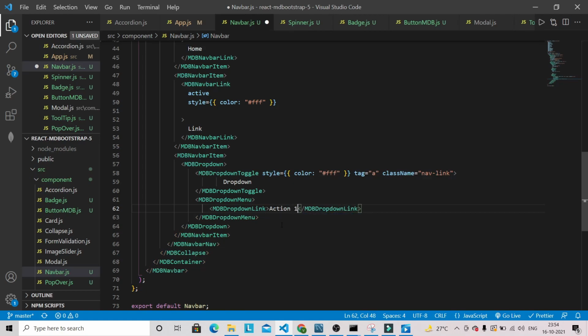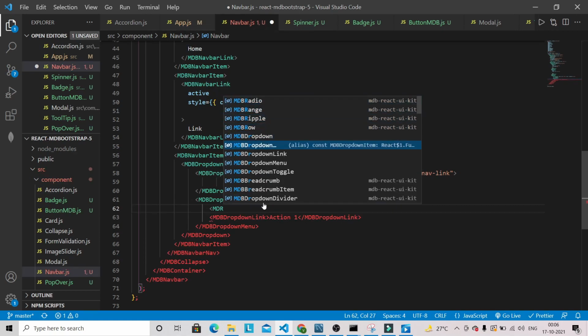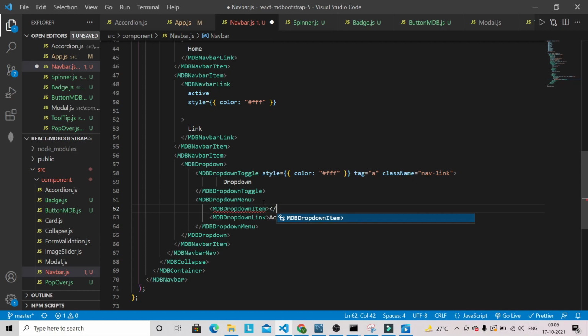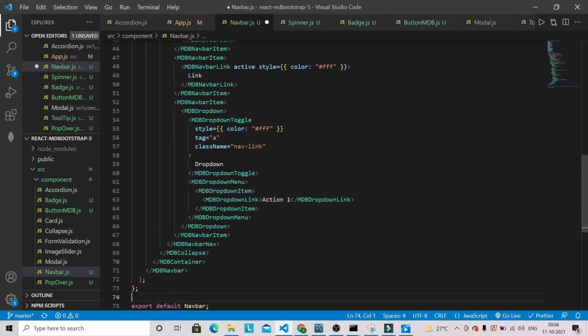So I'm just going to copy this one, and this MDB dropdown link will be wrapped into the MDB dropdown item, and inside this action one will go. Now let's copy this MDB dropdown item a couple of times.